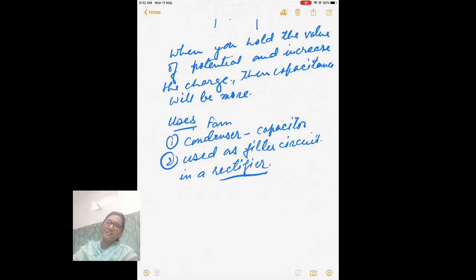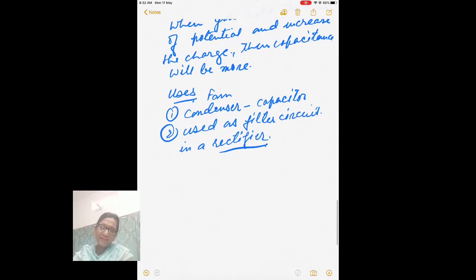A rectifier is a device that converts AC into DC. Now when AC is converted into DC, meaning unidirectional current, its value still varies. So when you use a capacitor, it filters the variations and gives smooth DC current. So in a filter circuit,